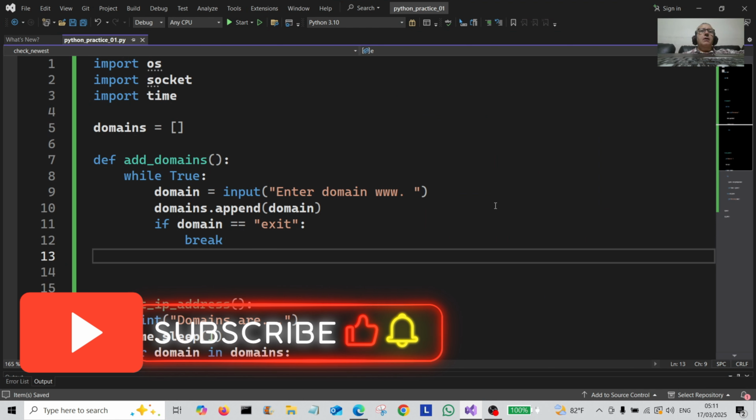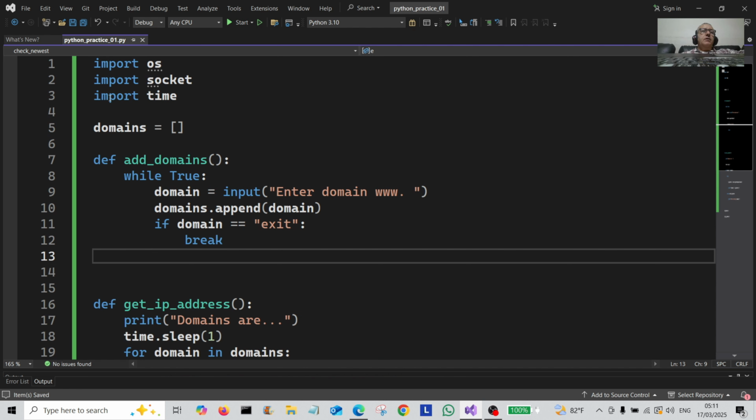So we've got a very short project here for you. What we have to do is import socket and import time. Now to import socket, I think you might have to install this module using pip. Okay, so what we're going to do is get a program where we just type in domains, and then basically we get